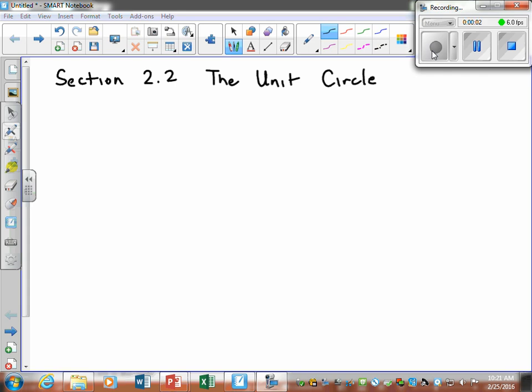Okay, so today we're going to be talking about the unit circle, and we're going to break it down and actually derive this thing from the ground up. But before we get started with the unit circle in general, I want to introduce you to coterminal, which is something we didn't necessarily cover in the last lesson, but we'll use it a little later in this particular lesson. We'll start with just the definition of coterminal